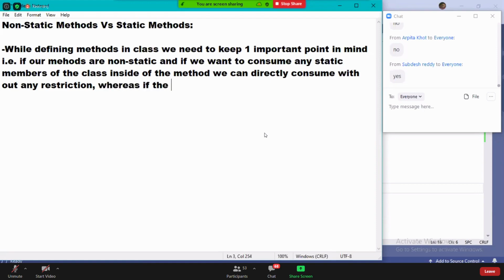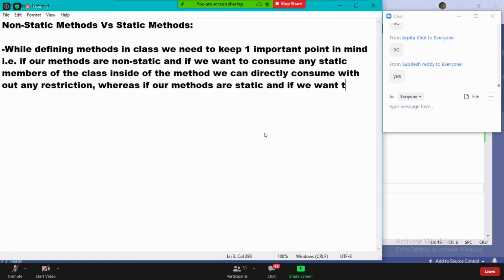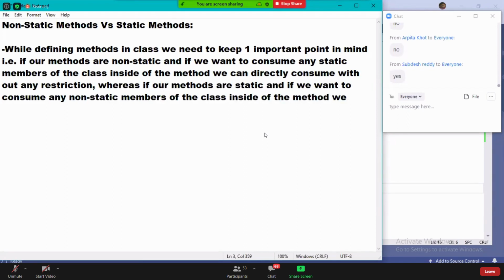Whereas if our methods are static, and if we want to consume any non-static members of the class inside of the method, we can consume them only by creating the instance of the class.